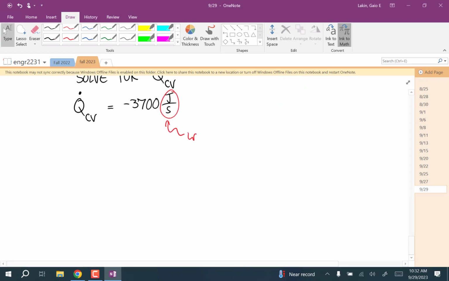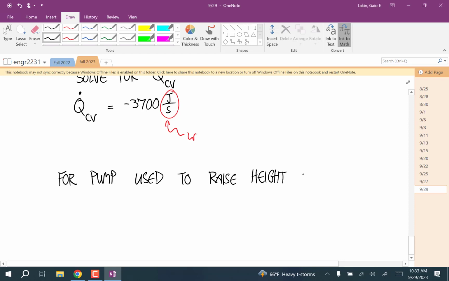Okay, so now we're going on to the case where we have a pump, so we're only dealing with liquid. And we're using it to raise the height of a liquid. The assumptions that we're going to make: